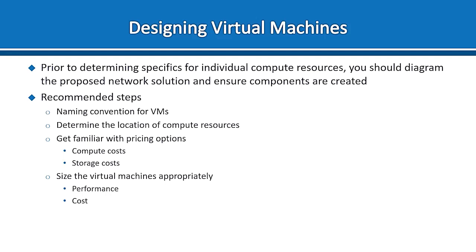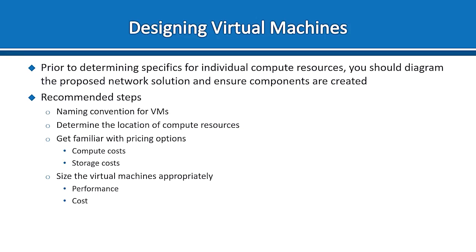So location has something to do with pricing. Obviously, virtual machine sizing has something to do with pricing. I don't believe this is something you have to memorize, but you can certainly go look at the documentation. They have different series. For instance, A series is entry level for development and test. B series is low traffic web servers, small databases, but still development and test, but they're burstable. D series is your general purpose compute. So this would be enterprise applications, relational databases,